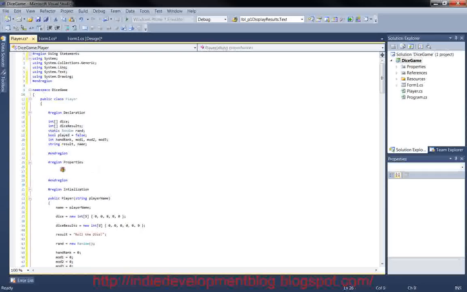Okay, now what we need to do here is we need to set up some properties. The reason for that is you don't want everything to be able to be set, but sometimes you want to be able to get like a private method from. All these right here are considered private unless you put public in front of them. So this right here is actually the same as this right here, so it can't be accessed from outside this class. So what we do is we make a way that you can pull it out of the class, but not edit it. So like for the one we'll get,